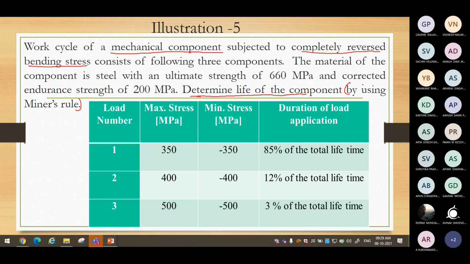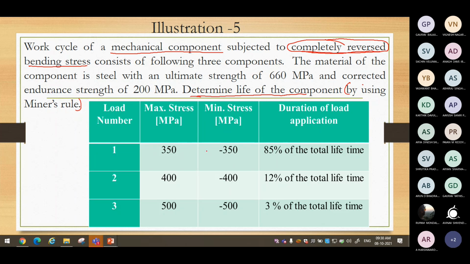Completely reversed bending stress. The moment you find the word completely reversed, you will understand you need not use any mean stress correction criteria. You need not use Goodman criteria, Gerber criteria, Soderberg criteria, or Morrow criteria, or any such mean stress correction theories. That is the advantage of having this word here, completely reversed. If nothing is mentioned and data is also not provided accordingly, then you assume that it is completely reversed. That is an assumption in that case, but here it is clearly mentioned that it is completely reversed bending stress, and how it is undergoing.